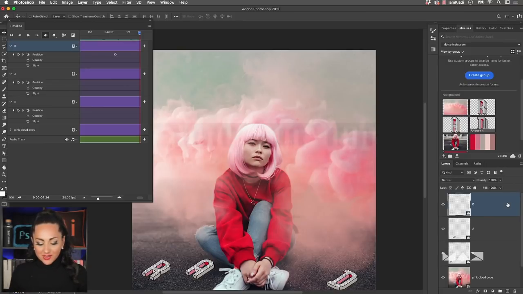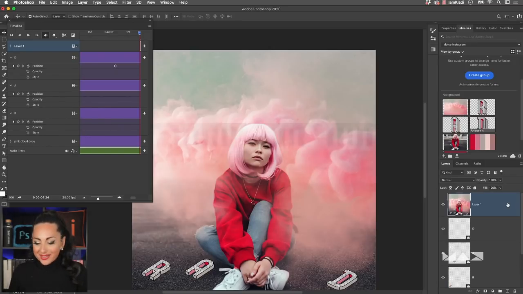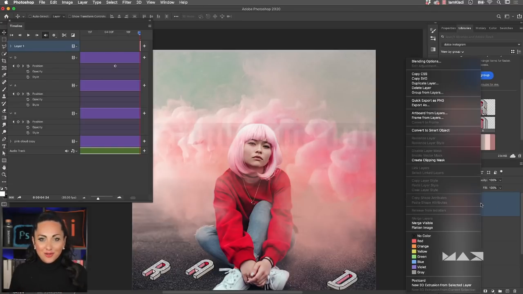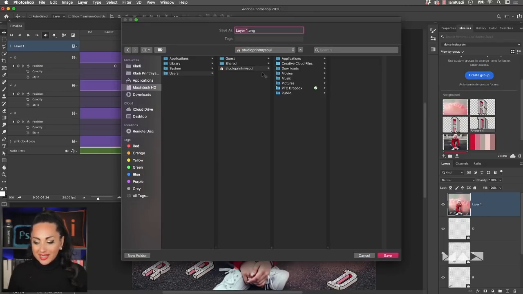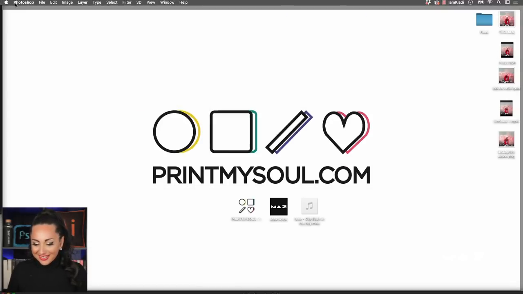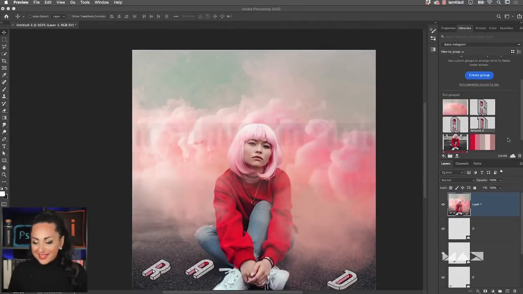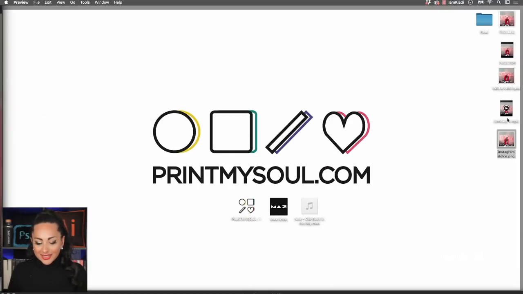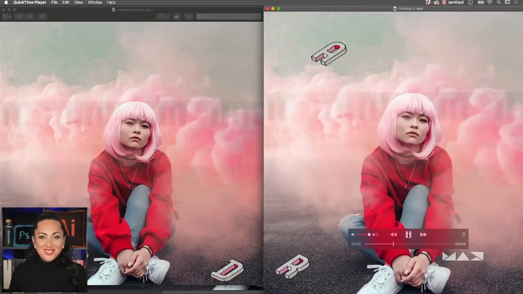Another way in which you can save all this file into a flat JPEG is to click on the layers, use a very fantastic shortcut, which is Shift Option Command E. And as you can see, we have created one layer that contains a copy of all the layers that we have created so far. Right click on this layer and select Quick Export as a PNG. Select the destination folder. For me it will be the desktop. I'm going to call it Instagram Dolce and then click on Save. Now if we head back to our desktop, you see that we have our flat image and video animation ready to impress our clients.